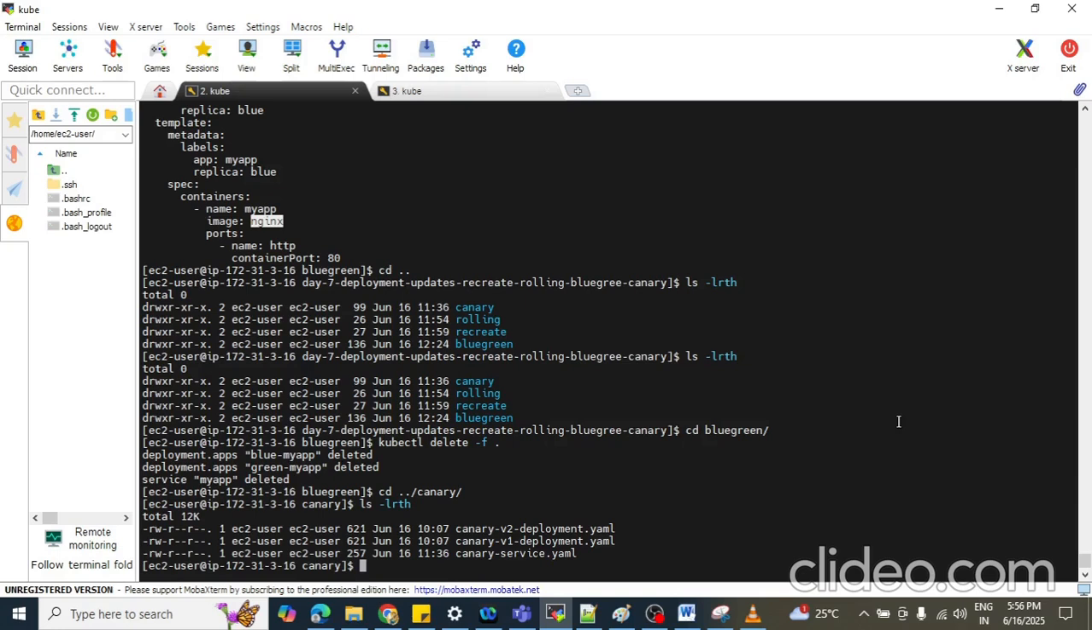Means in our rolling update, we are copying our pod, one copy is going to successfully replace the old one, and only then is the remaining pod going to replace the remaining pods. Okay, but here in our canary deployment, what we are going to do,